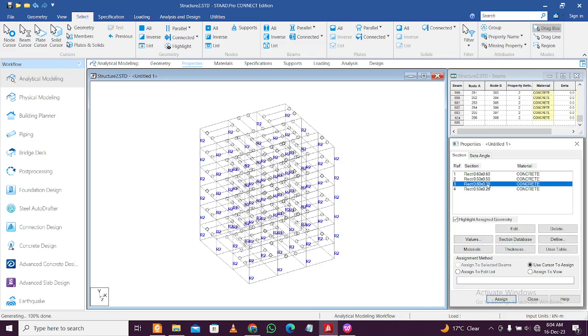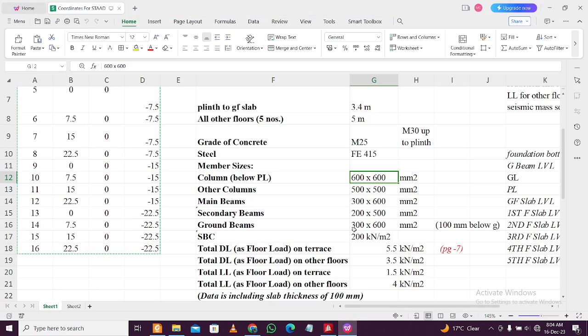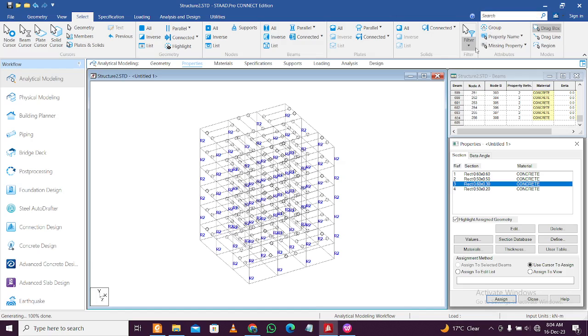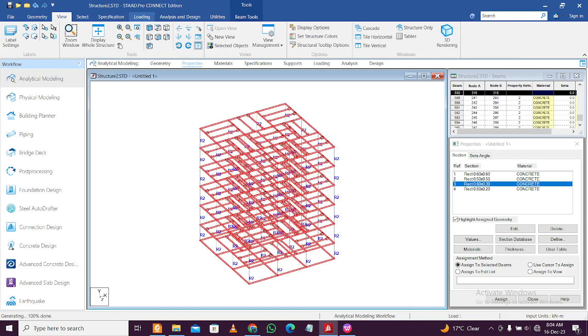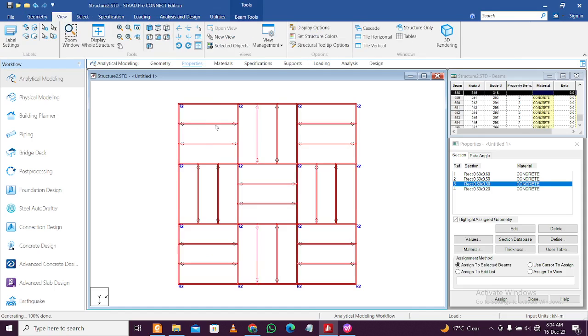So now this particular 300 into 600, as you can see, is for the ground beams as well as for the main beam. So all the main beams have 300 by 600 basically, which is what they are saying. So what we are going to do is select this parallel to X and parallel to Z, then go to the top view, and deselect this using control. Okay,